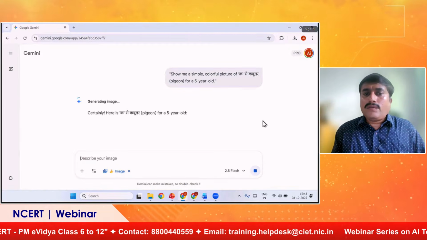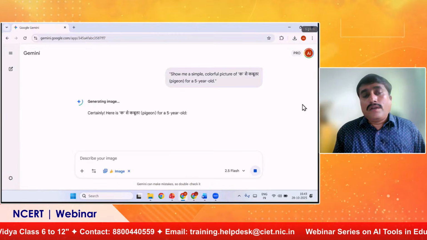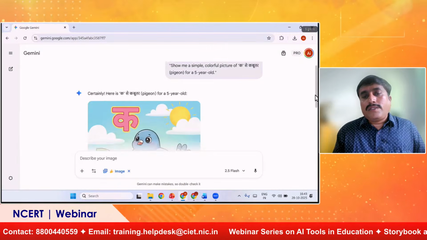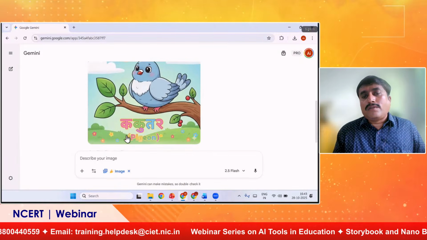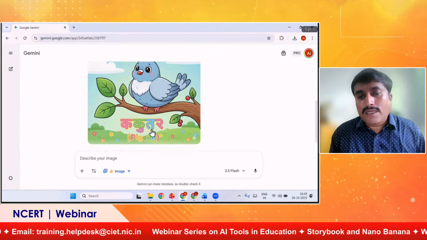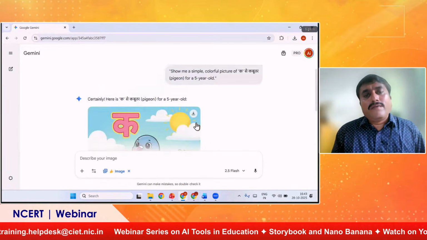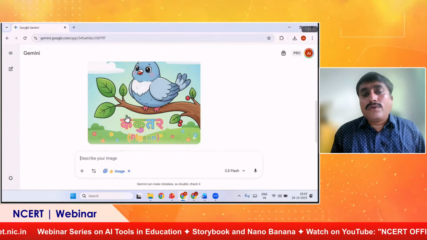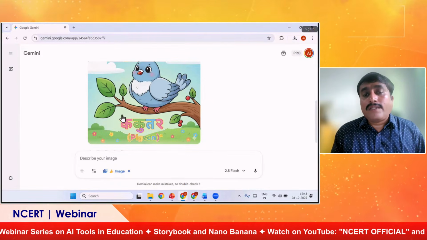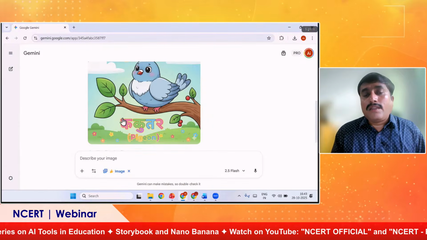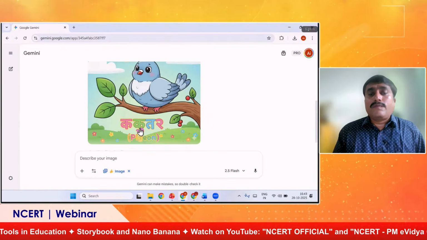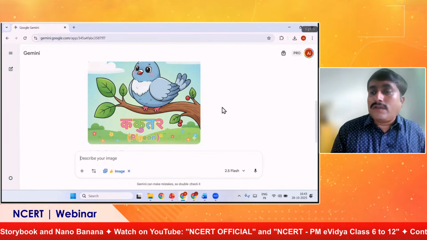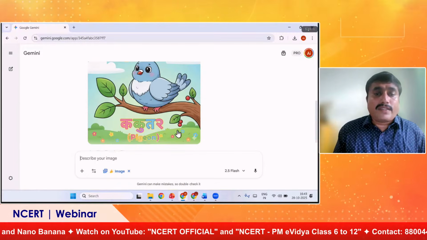Certainly, here is a kabutar pigeon for a 5-year-old. So for 5-year-old students, here is an image of a kabutar. You can see the kabutar is generated. So whenever you are using this tool, don't put native languages like Hindi, Marathi and Devanagari, because it is not a proper text generation.